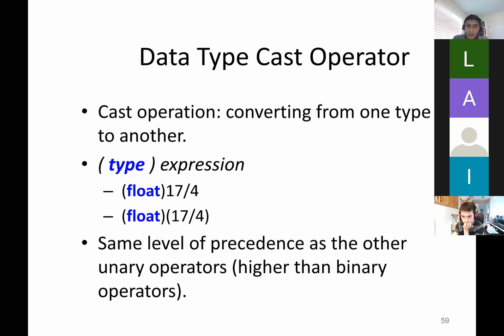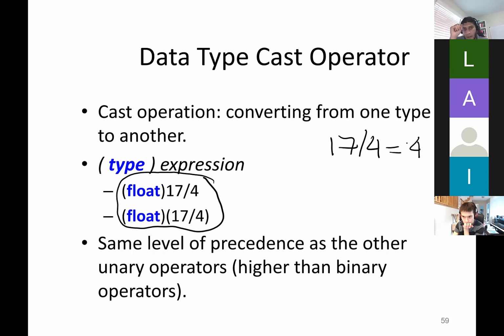Assume, for example, let's look into these two expressions to understand how things happen, right? By default, what would happen for 17/4? It's an int divided by int, so it would give you 4, right? Because it will only give you the integer value. It's supposed to be 4.25, but you truncate it, so it gives you 4, correct? What if I want the result to, in fact, be the actual value, which is 4.25, right? In this case, I do what I call casting. Casting in C happens when you open parentheses, and then you write the type you want to cast to. For example, if I want to cast to float,